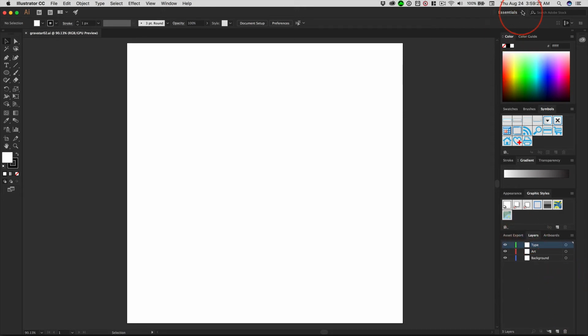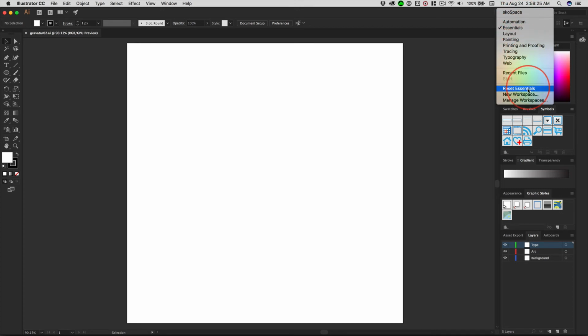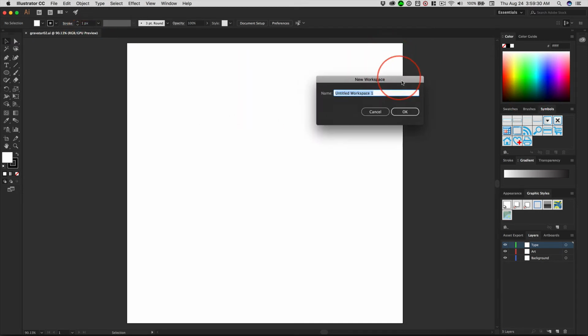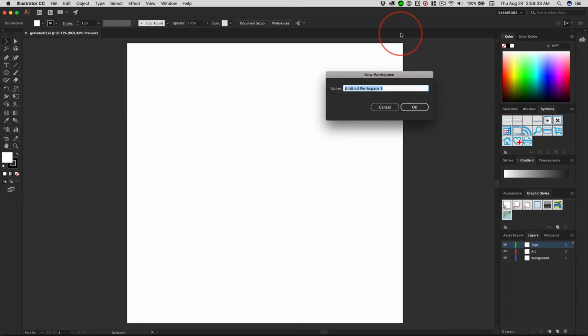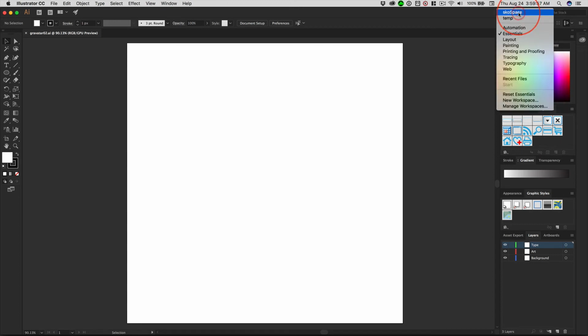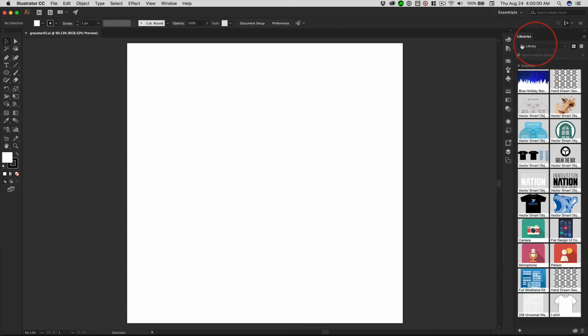Now, you could go in here and say New Workspace. And up pops this dialog box, and I'm just going to call this, you know, temp, because I'm going to throw this away. You can name it something that you can then modify. You can continue to modify this, name it the exact same thing, and build your own workspace that works for you. Now, if you click OK, and now if you ever went back to Essentials and reset Essentials, so we're back to that beginning,